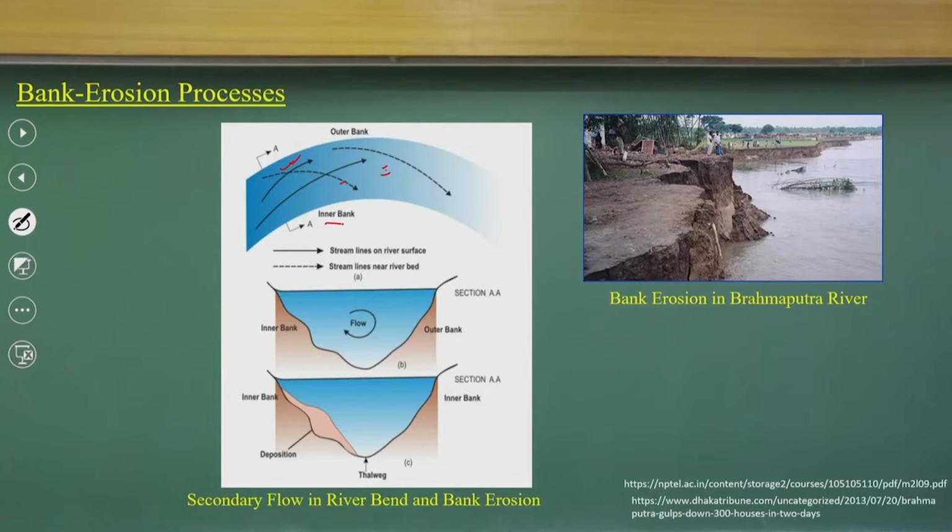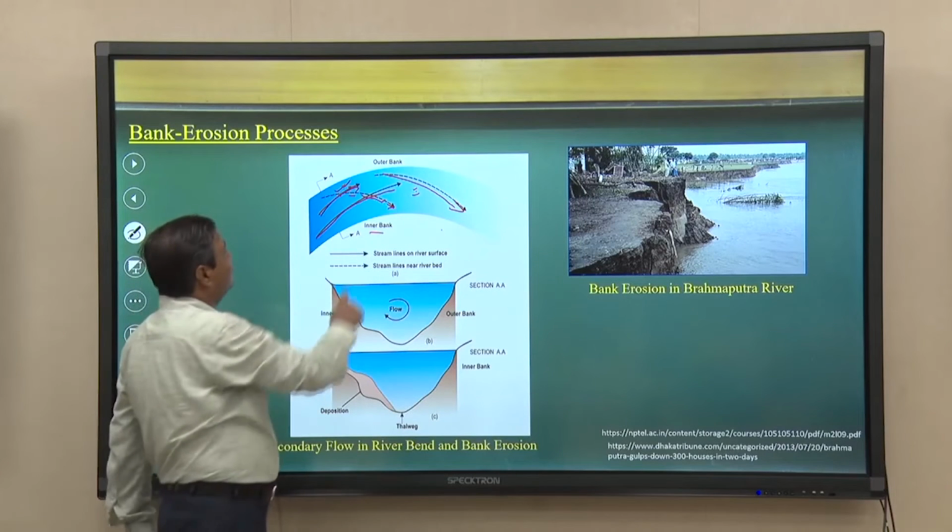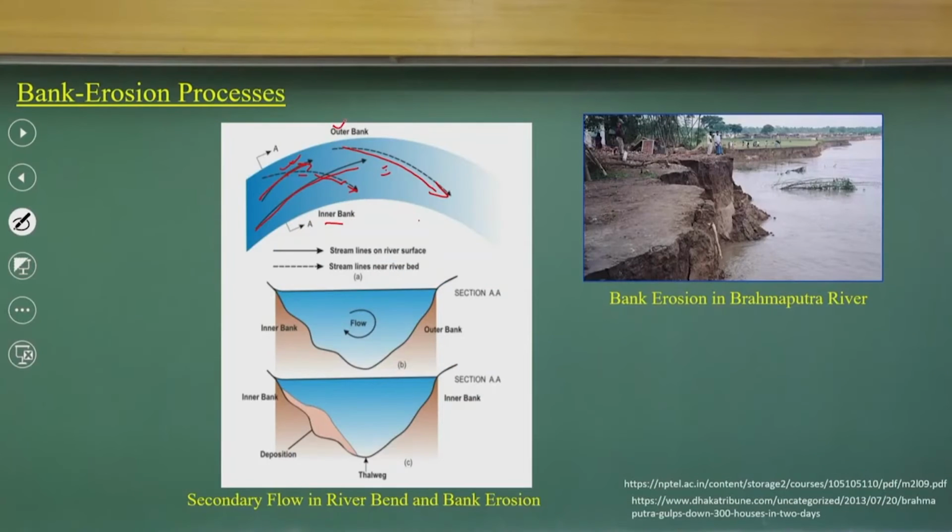Just try to understand how it happens. If you look at these, the streamlines at the surface are behaving like this, and the bed-line streamline is working like this. Because of that, there will be outer bank erosion and an inner bank deposition process. That is what you can see in terms of the process, with the deposition here and